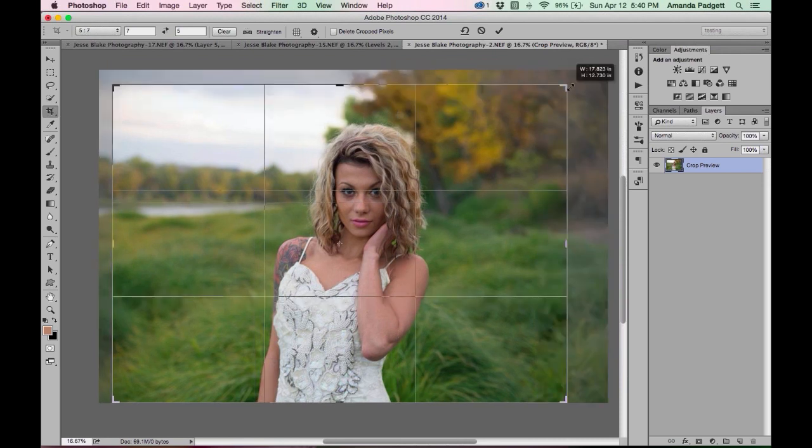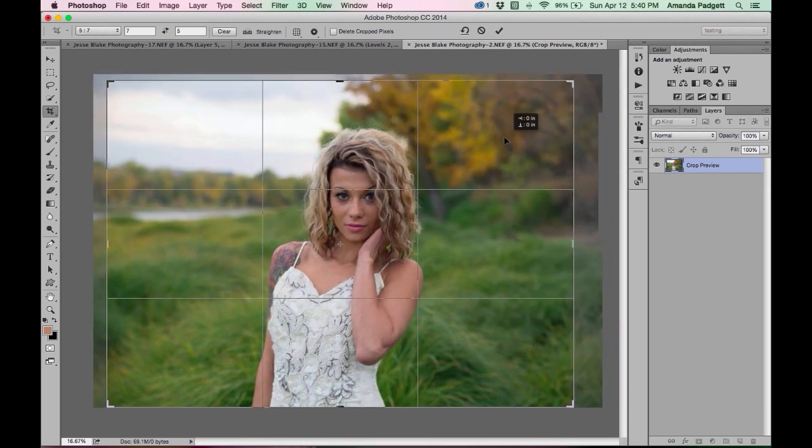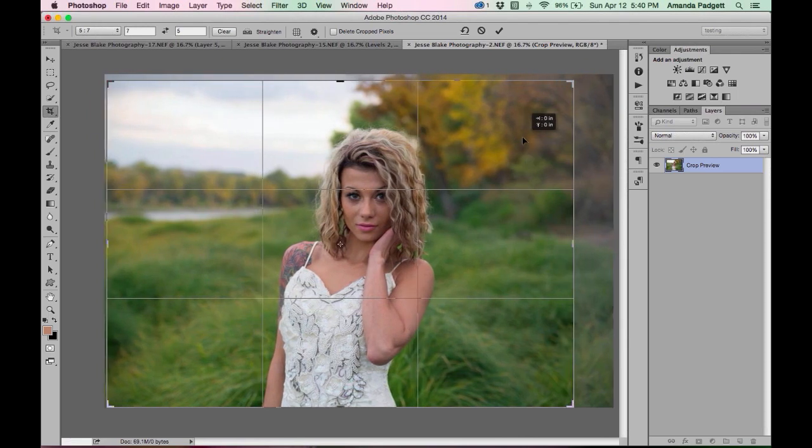So I might say, I really want to see more of the trees. I shouldn't have done that. So let's do it this way. All right. Then I hit check. But if I choose to delete the crop pixels,